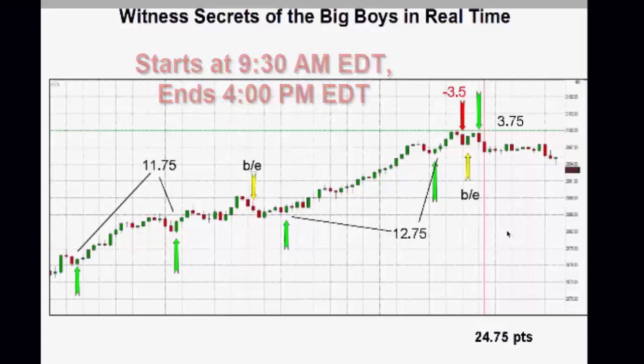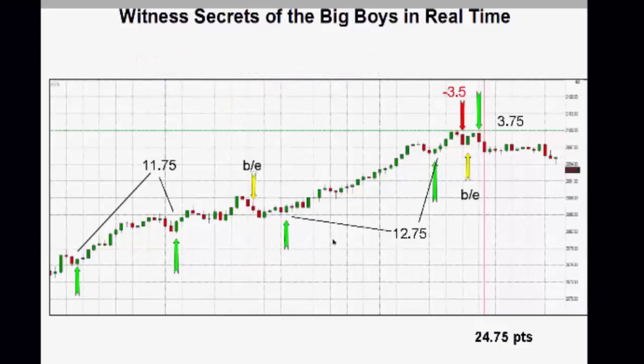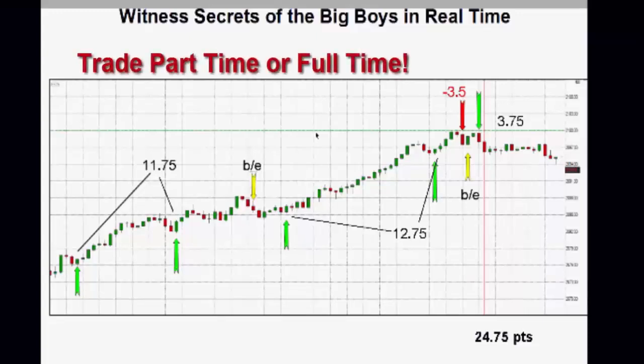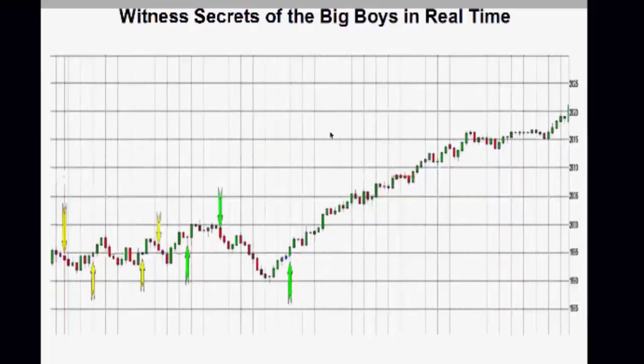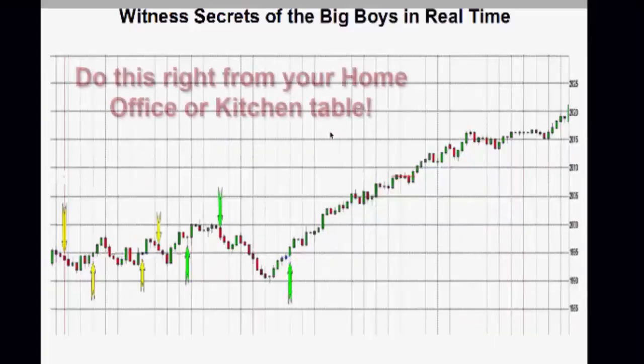Yeah. And some people just trade a few hours in the morning. I choose to trade the entire day because there's profits the entire day, so you'll take advantage of that. So this takes advantage of the entire day and takes advantage of these runs that you may not even see until midday. And so you can take advantage of that here. Right. So once somebody gets into this, they can literally work this right from their laptops or sitting at their house, right? Yeah, absolutely.